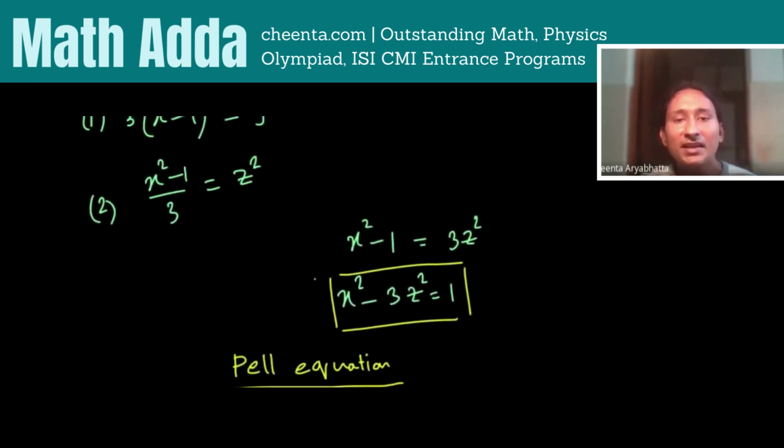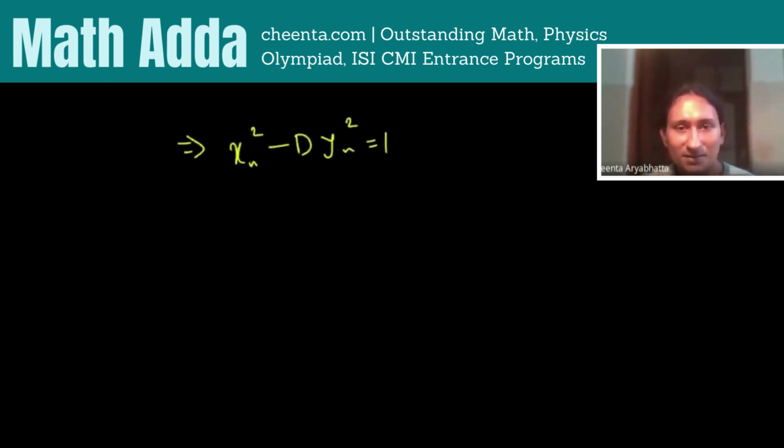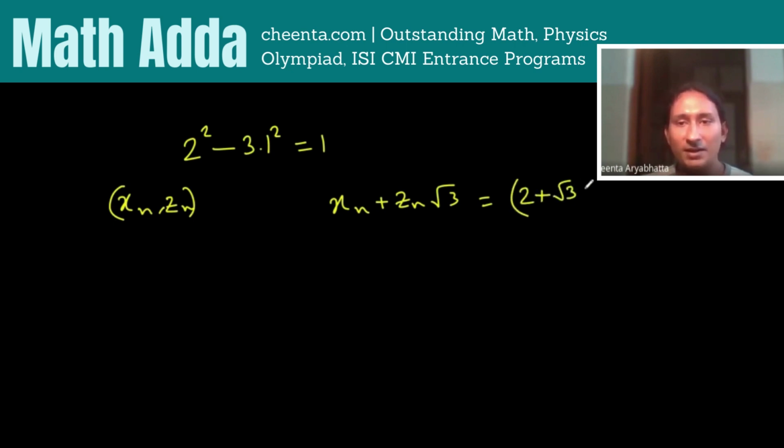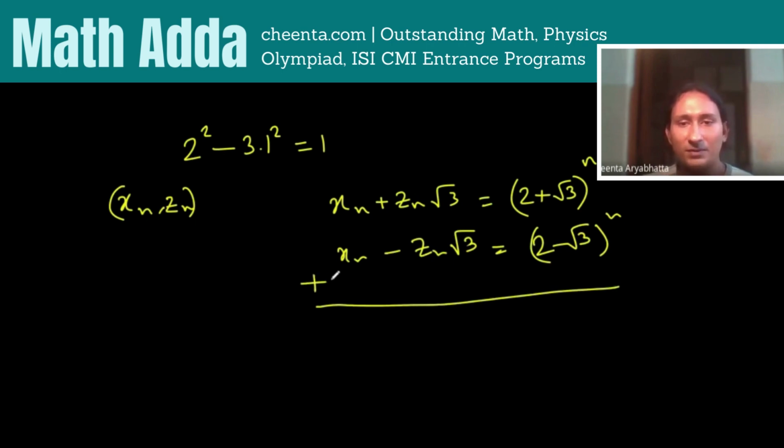For example, in this one, it is clearly 2, 1. Because 2 square minus 3 times 1 square is equal to 1. Therefore, any other solution xn comma zn must satisfy xn plus zn root 3 is equal to 2 plus root 3 power n, and xn minus zn root 3 is 2 minus root 3 power n. Summing them, we get 2xn is equal to 2 plus root 3 power n plus 2 minus root 3 power n,